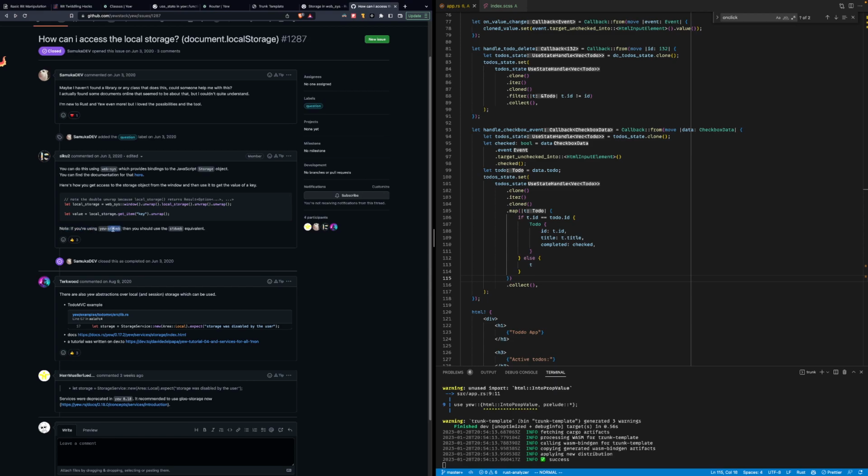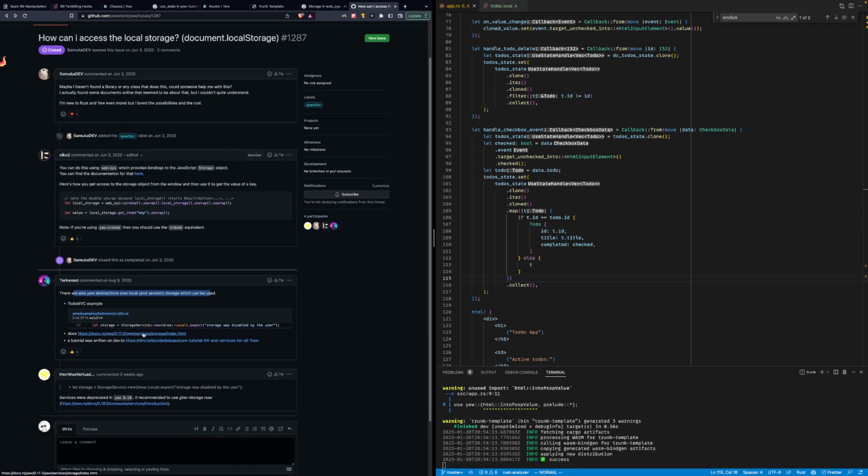If you're using std web, you should be able to use the std web equivalent. There are also Yew abstractions over local and session storage, which can be used.